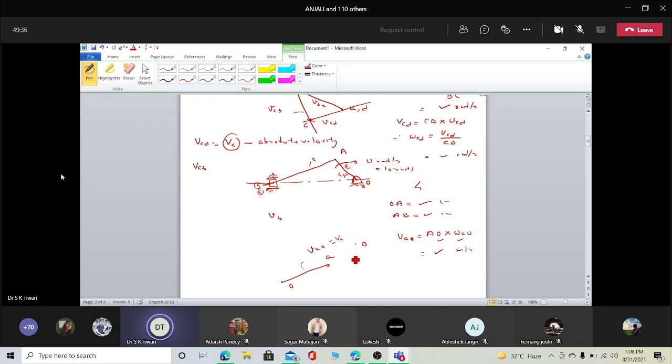Okay. Now, B. At the first instant, treat the point B on the link AB. When I treat the point B on the link AB, it means I am interested in finding out velocity of B with respect to A. It will be length AB multiplied by omega AB. The thing is, I don't know about omega AB, but I know this. It means I don't know the magnitude, but I know, being a vector quantity, I know its direction. When B is on AB, the direction of velocity of point B with respect to A will be perpendicular to the link AB